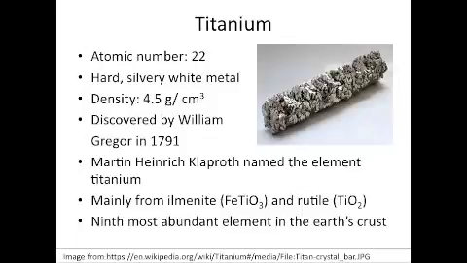He found a black material that is now called ilmenite and treated it with hydrochloric acid and sulfuric acid, and obtained the residue of an impure oxide of what he then concluded was a new element. After 4 years, Martin Heinrich Klaproth also discovered the oxide, but from a different ore named rutile. He then called the element titanium from the Titans, who were the children of Gaia, the goddess of earth, and Uranus, the god of heaven, in Greek mythology. Titanium is also a very abundant element, being 9th of all elements and 2nd of the transition metals.